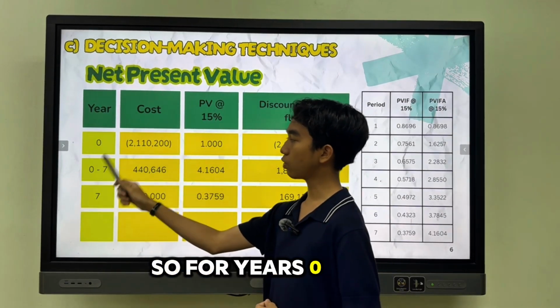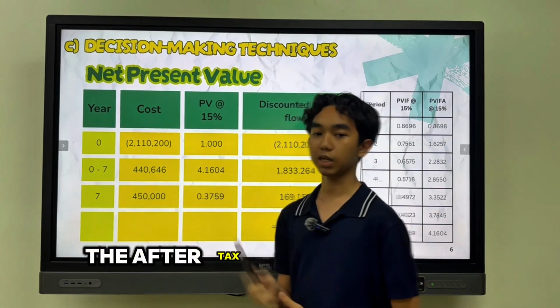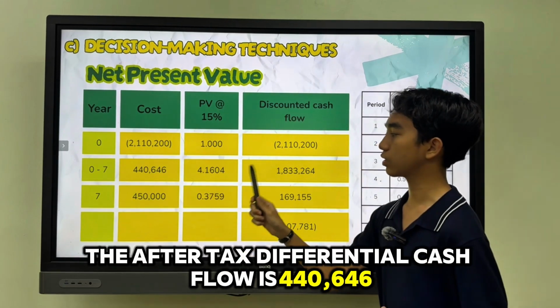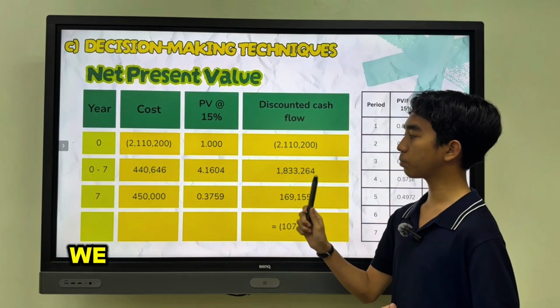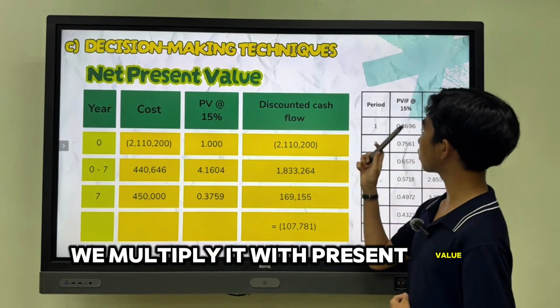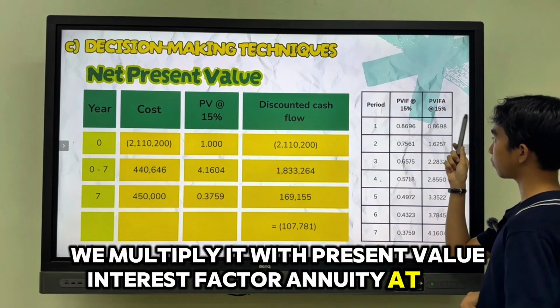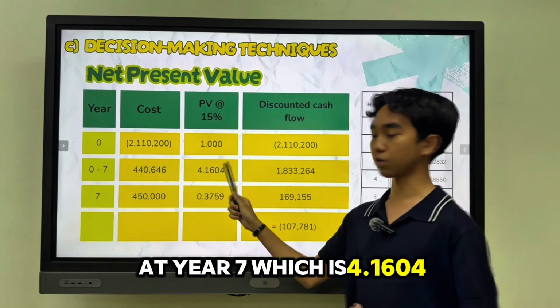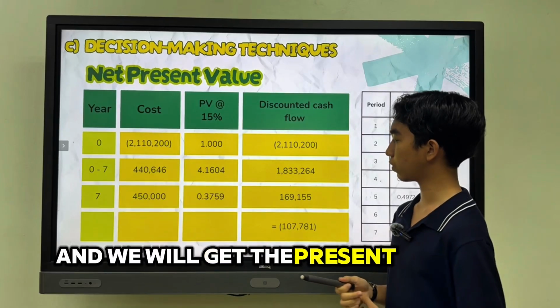For years 1 until 7, the after-tax differential cash flow is 440,646. We multiply it by the present value interest factor annuity at 15% at year 7, which is 4.1604, and we will get the present value of